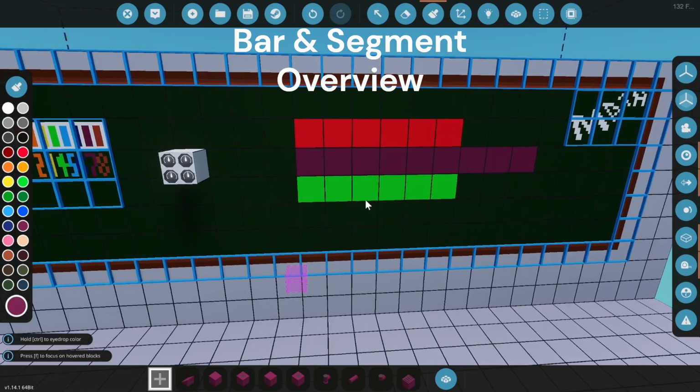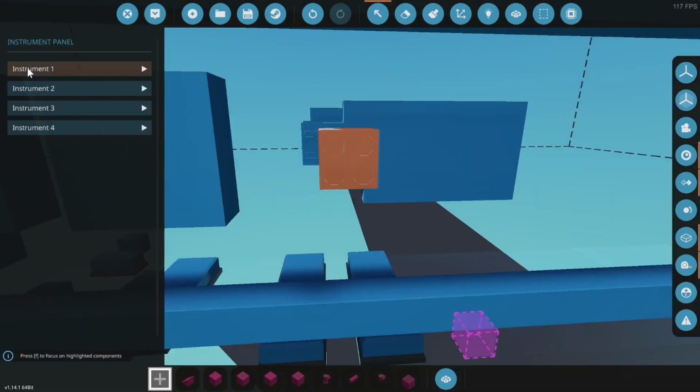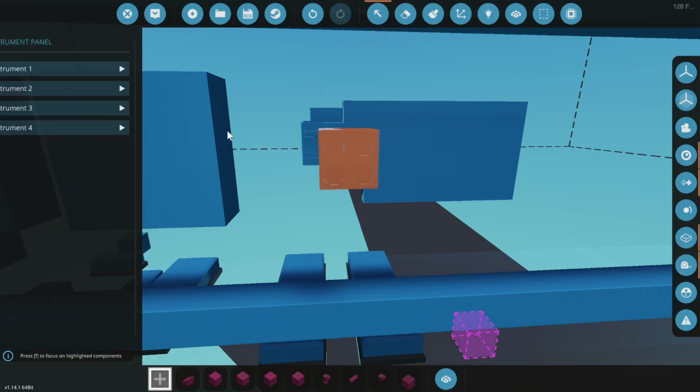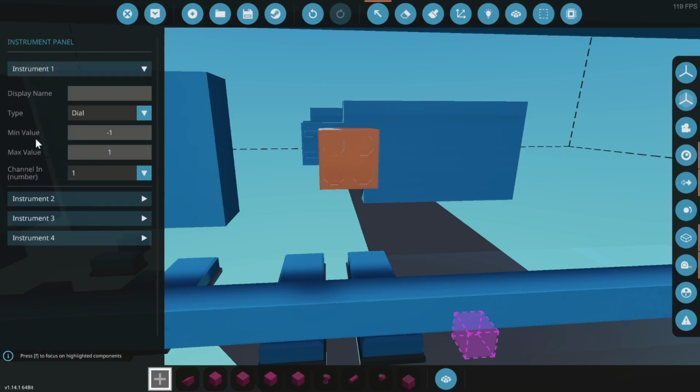Okay, so, each of the instrument panels, use your select tool, click on it, and you will get 4 instruments. You'll notice it drops down. Under here, this is the main one we're going to look at right now, type. We're going to look at the bottom 3. For this video, we're looking particularly at the bottom 2. The radial segment